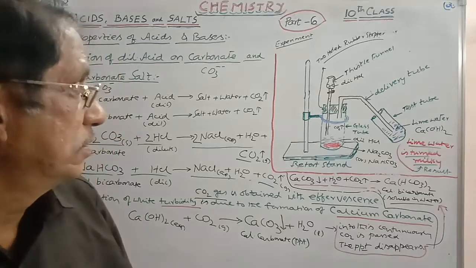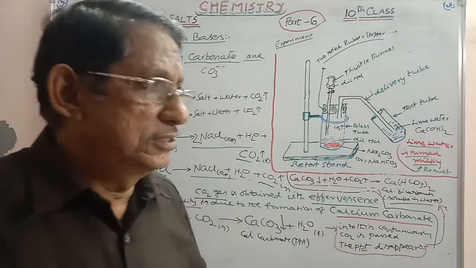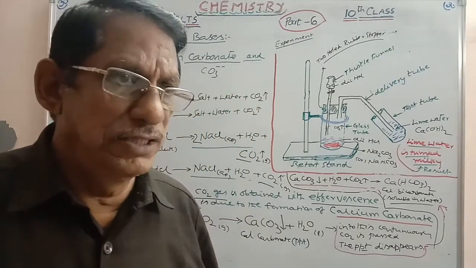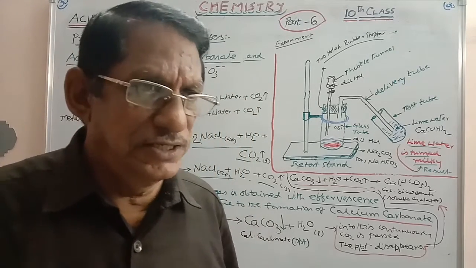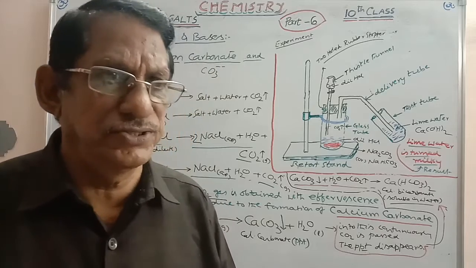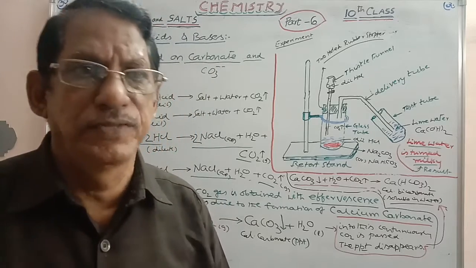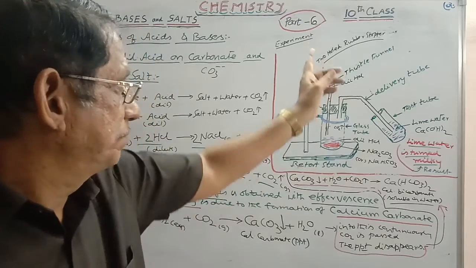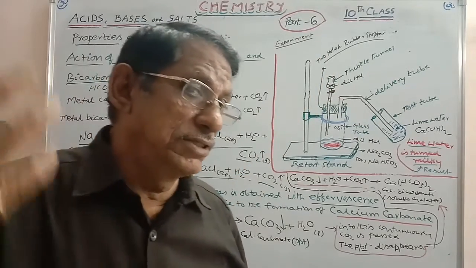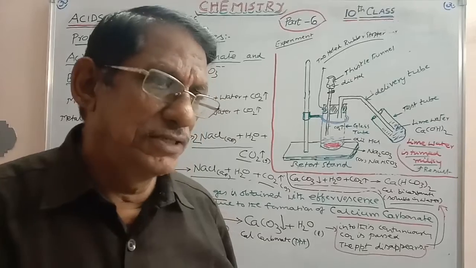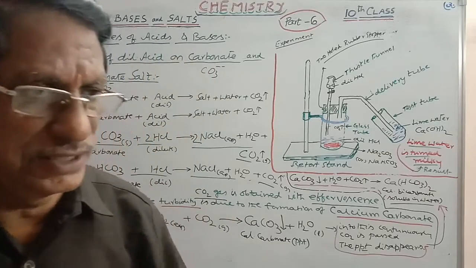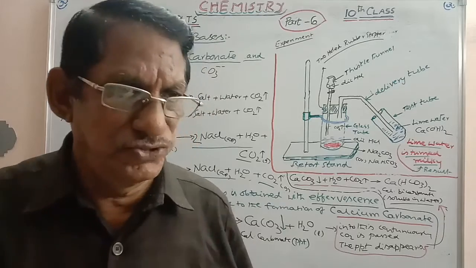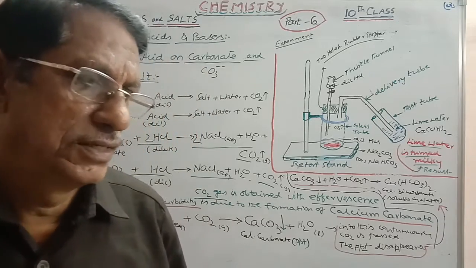Okay. This is part number 6. In part number 7, one more property will be taken, namely metal oxides and non-metal oxides, their dissolution, and what acidic or basic character will be possessed by them. That is a separate category, which we will consider in part 7. Later we will discuss the pH scale. Based on that, we will decide acidic character, basic character, and neutrality. After that, individual preparations of certain compounds, and with that the chapter will end.